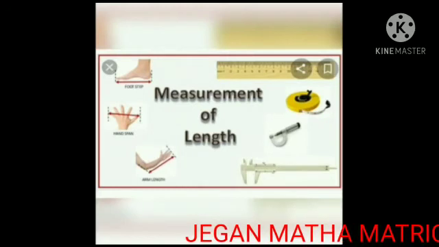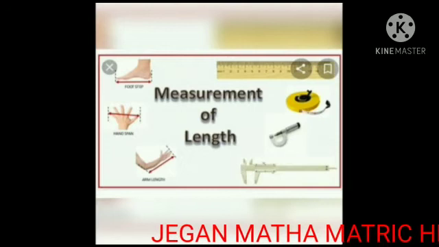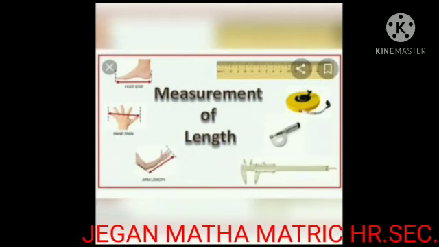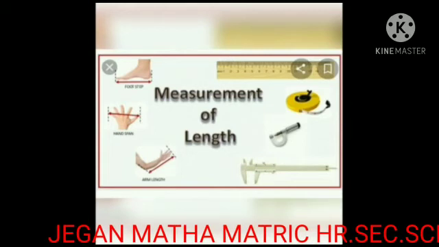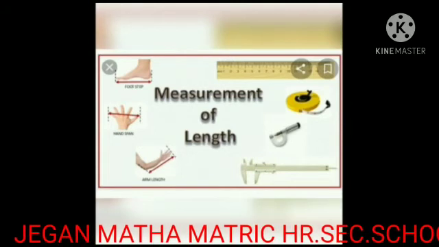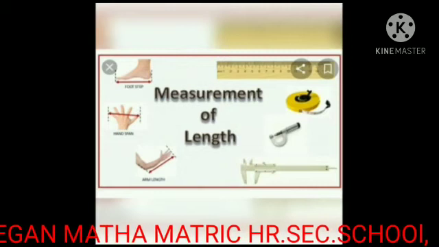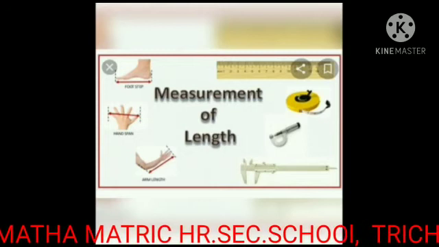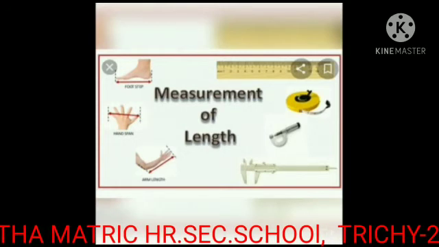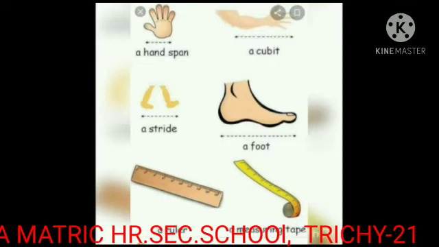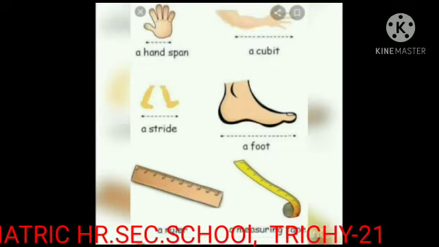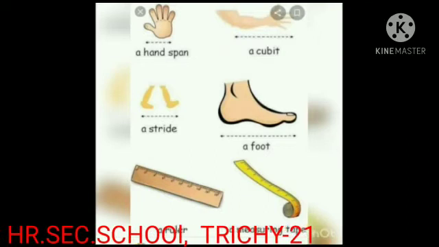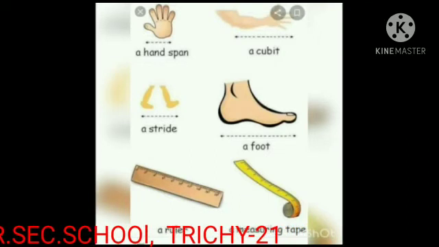In term 1 we saw measurement, measuring of length. There are some variation methods to find the length. We use foot step, hand scale, measuring scale, tape, and some other objects to find the correct length of all the objects. See, these are some materials to help us to find the correct length of an object.